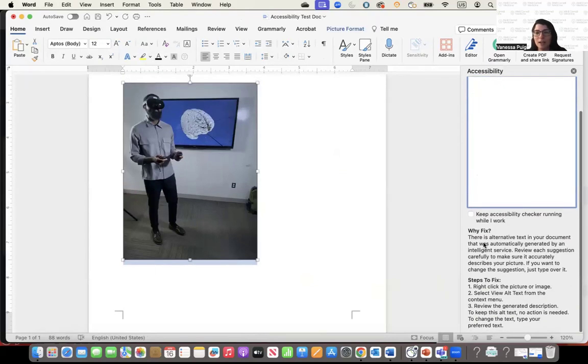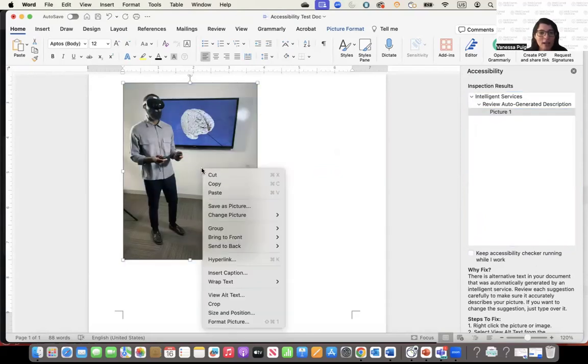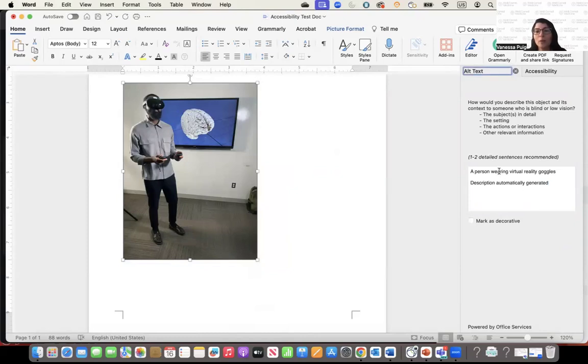So in this case, there's alternative text in your document that was automatically generated by an intelligent service. For those who are unfamiliar, alternative text is something that can be added to any image that is displayed on screen. If you are blind or have low vision, a screen reader can't really describe what is on screen when it comes to a picture unless you are giving information about what is being displayed in that picture. So in this case, if I right-click this image and go to View Alt Text, this is what was generated